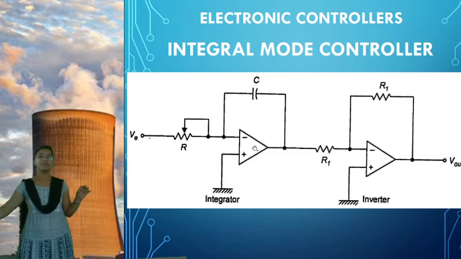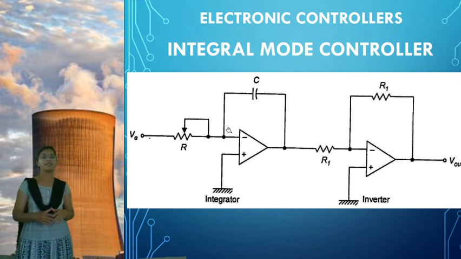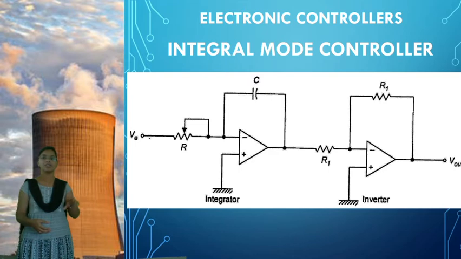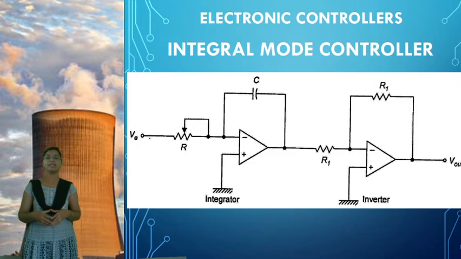The inverting terminal is connected to a resistor, and from output to input we connect a feedback element, that is a capacitor. Capacitor as the feedback element, resistor as the input. If we construct it like this, it acts like an integrator. This integrator will generate the integration output, which is a negative output, so that will be complemented by using an inverter. Which is very simple. One integrator circuit and one inverter circuit added together will generate the integral mode of the controller.